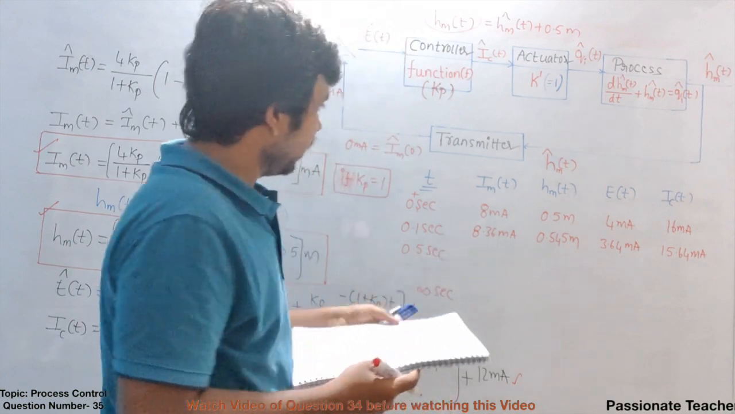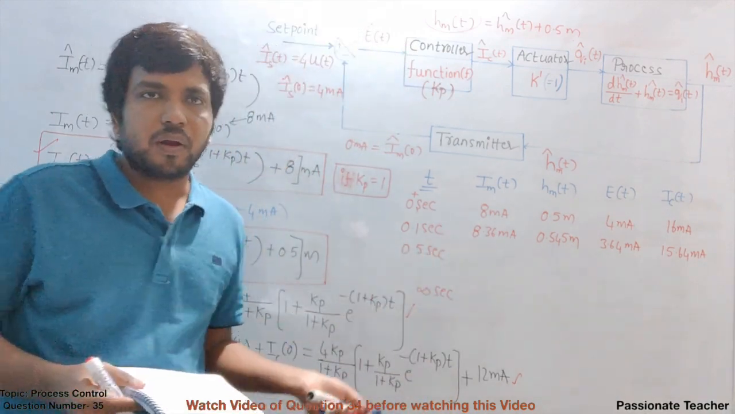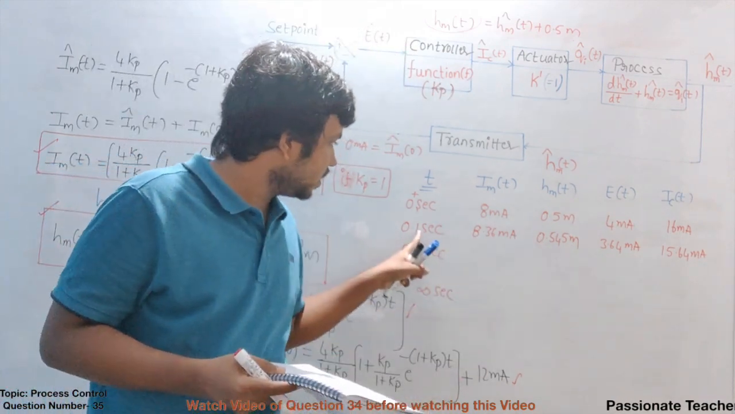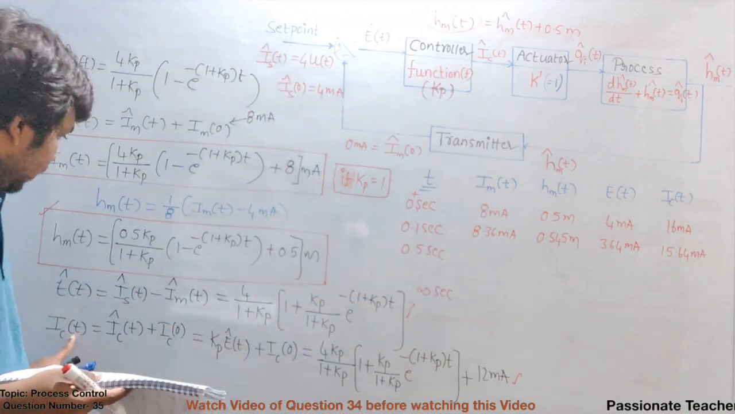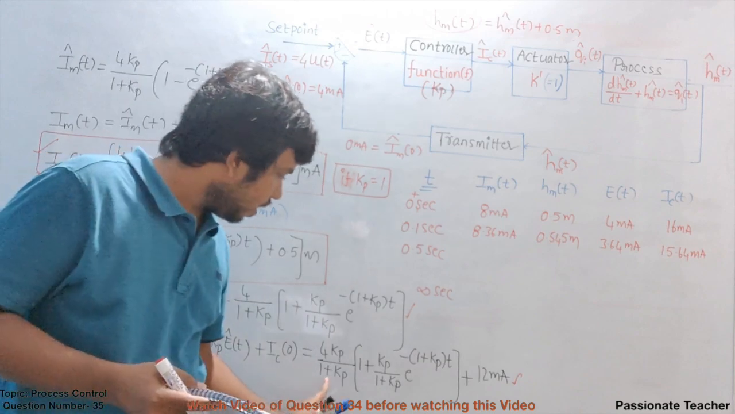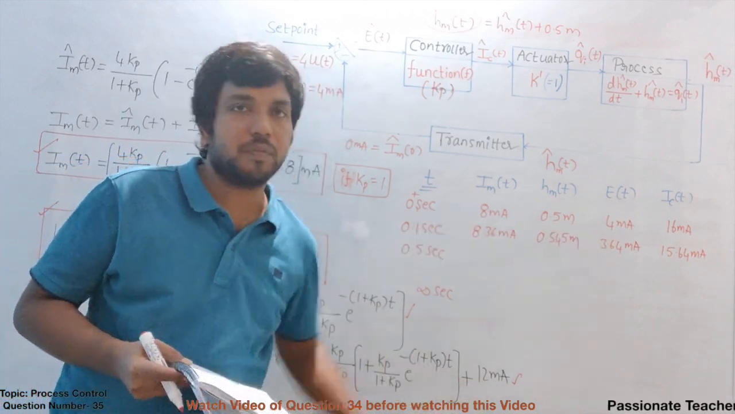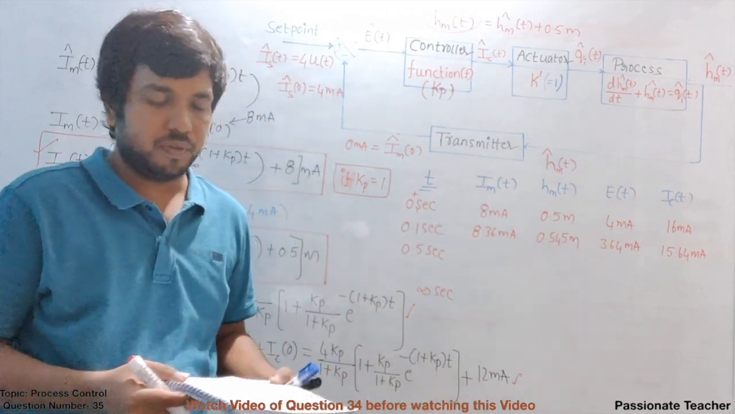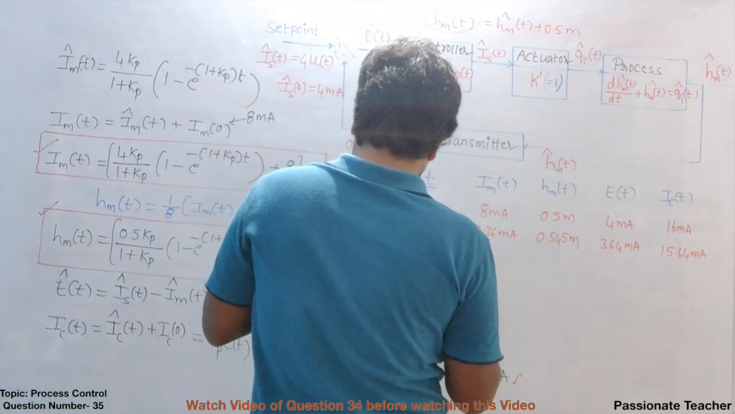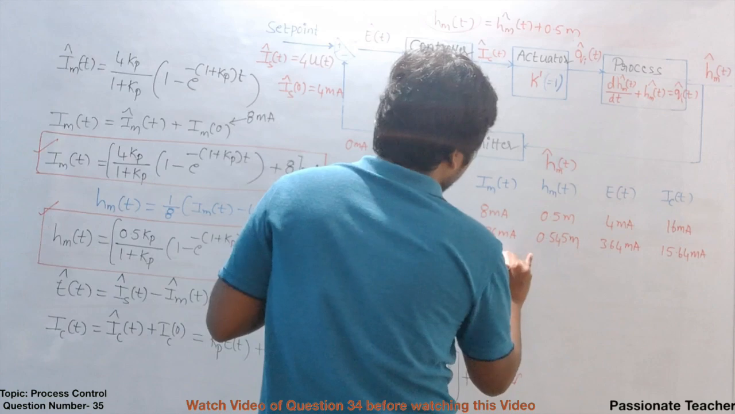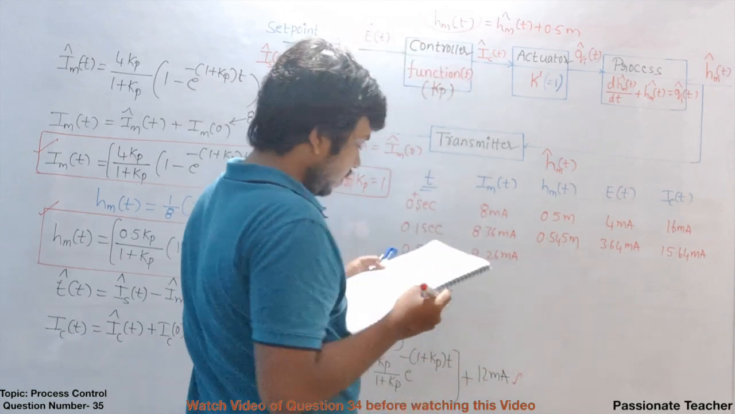Now if you look at 0.5 seconds, or else if you are not able to get this, it's very simple. Just take 0.1 second and substitute in this equation IC of 1. Then after solving this, you will be able to get 15.64 milliampere. It's very easy. Now at 0.5 seconds, the current of the transmitter will be 9.26 milliampere, and this will be equal to